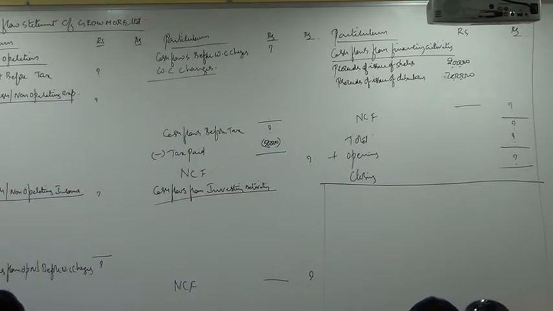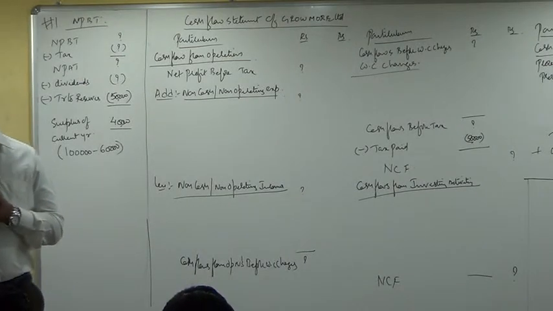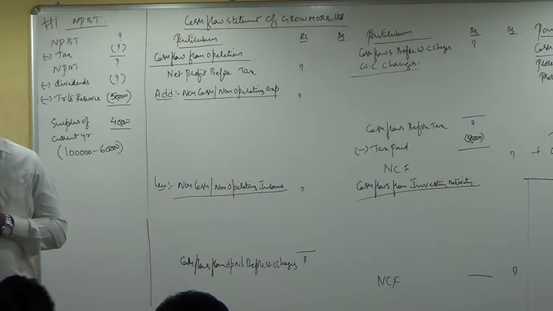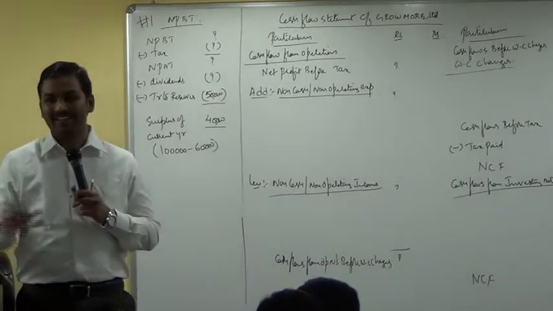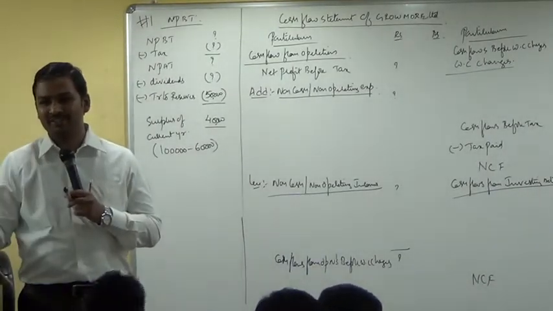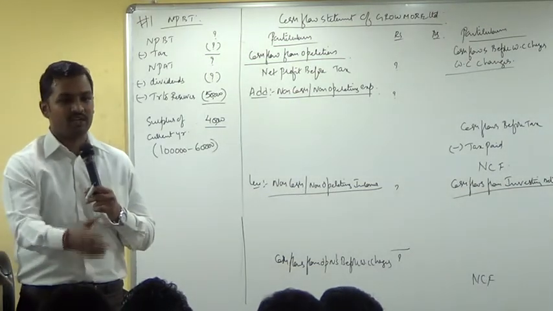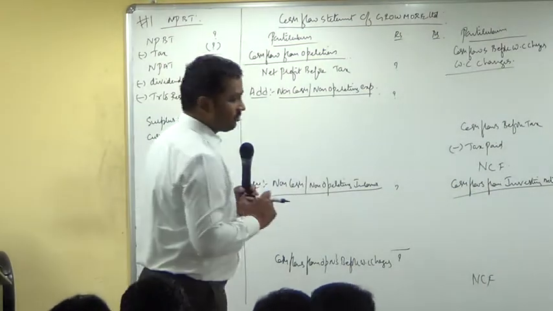How do you explain the balance difference? By P&L account, balancing figure. That is the provision for the current year. How much? 80,000. Do you not understand? Opening balance was 70. You paid only 50. 20,000 unutilized provision. Total provision at the end of the year is 1 lakh. That means 80,000 was provided during the current year. Is it clear?